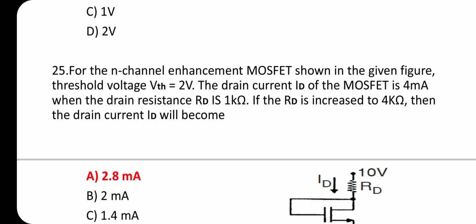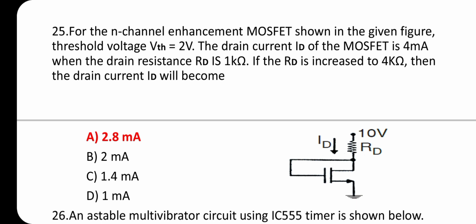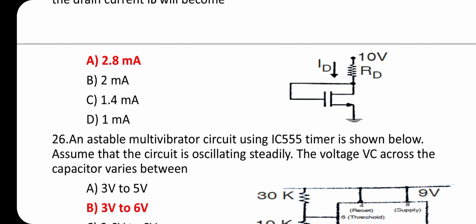For the N-channel enhancement MOSFET shown in the given figure, threshold voltage VTH equals 2 volt. The drain current ID of the MOSFET is 4 milliampere when the drain resistance RD is 1 kilo ohm. If RD is increased to 4 kilo ohm, then the drain current ID will be, answer option A, 2.8